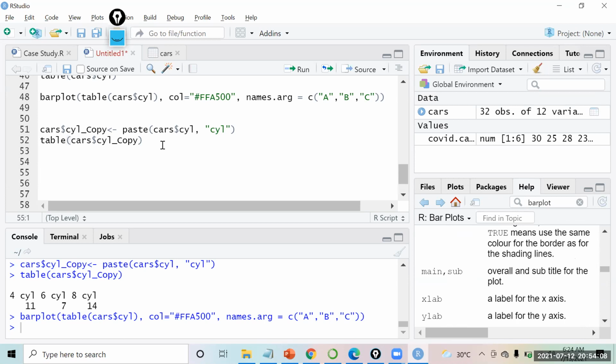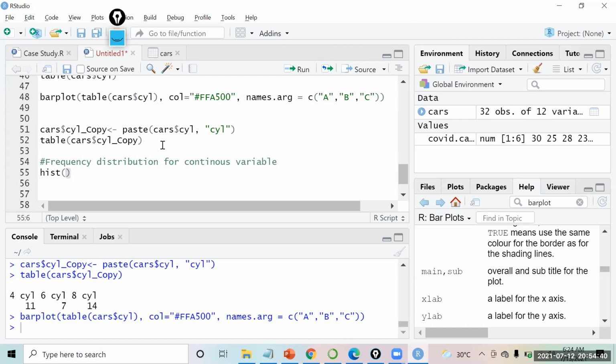Okay. So moving forward with this, there is a chart you can create, a histogram. You have a hist function if you want to create a histogram. Why do we use a histogram? A histogram is something that we use to see frequency distribution for a continuous variable. This is where we use a histogram.